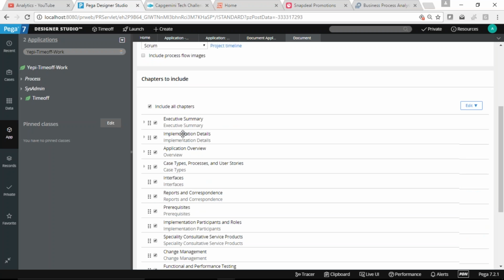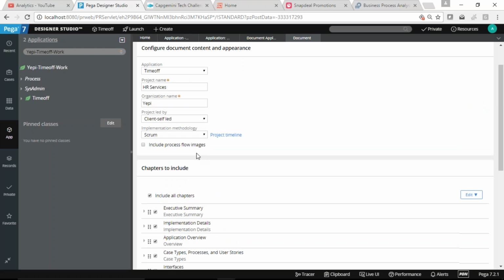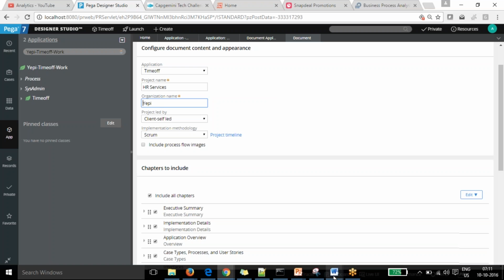If it's Pega certified, then who will be the contact from the certified partner, and how they are going to manage it, what methodology Pega is going to use, because Pega is doing that, so they will decide the methodology as well. So it will depend on those three things I told. If it's client led, they can use their own methodology to implement the same, so that information will be blank, and we can update it here.